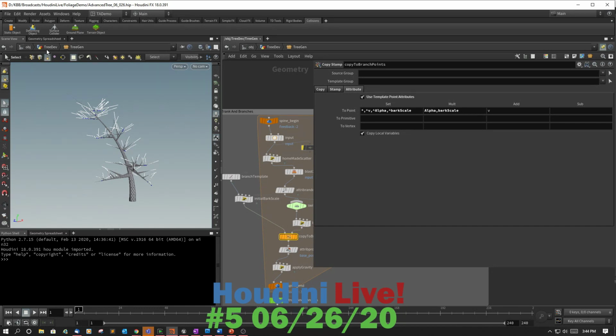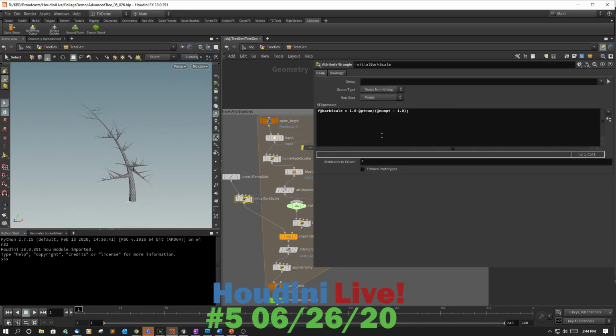Yeah, I figured as much. I forgot to put something down in my notes. All right. Yeah, the reason why grad isn't in here is because we never created it. And we create it right here where it goes in initial bark scale. So here we have the bark scale. What we're going to do is create a new float here called grad. Float at grad, because we want this to be an attribute,